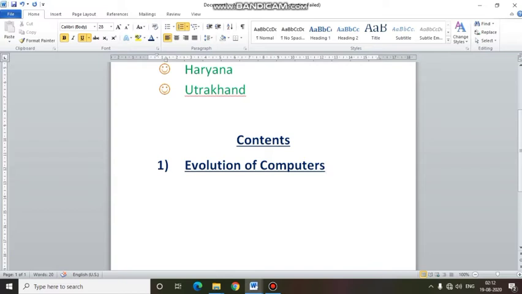Chapter 2 given in your book was computer memory. Let's type that. Again let's press enter and you will see number 3 will come automatically. The third chapter given in your book was creating files and folders.